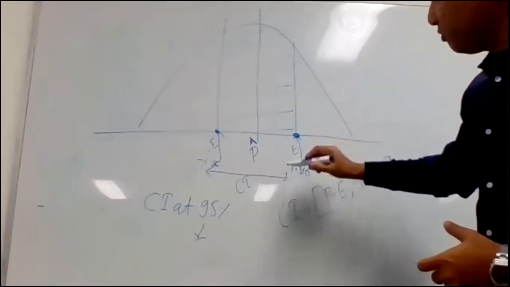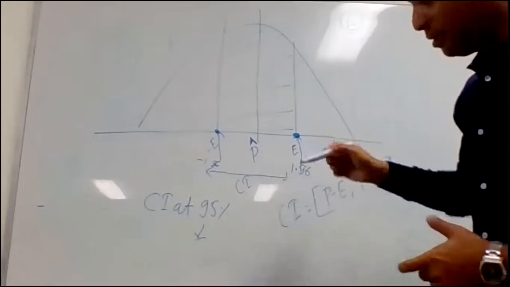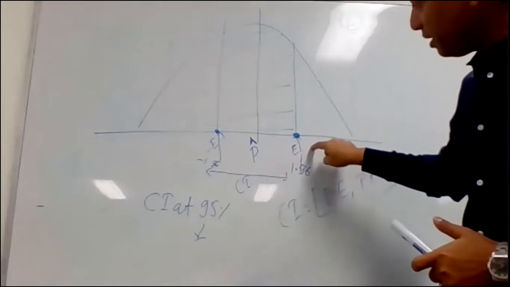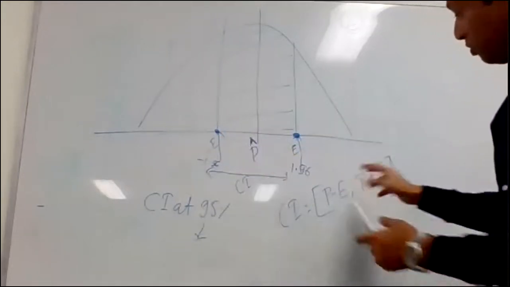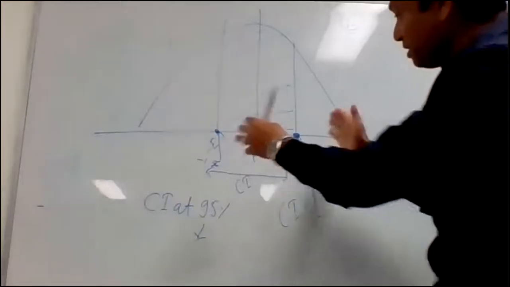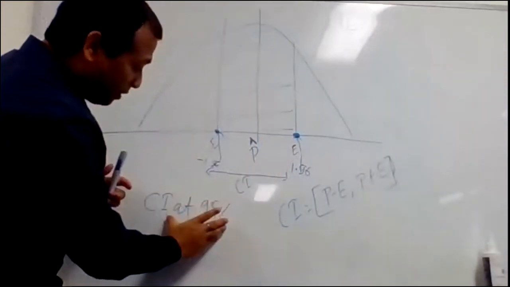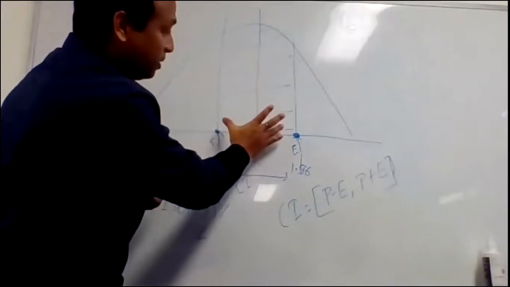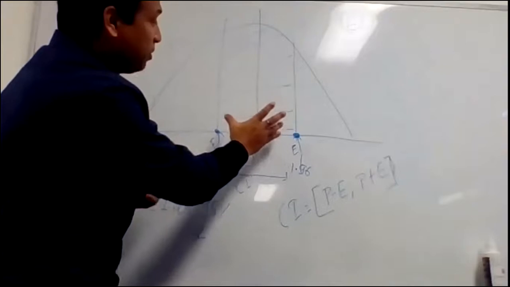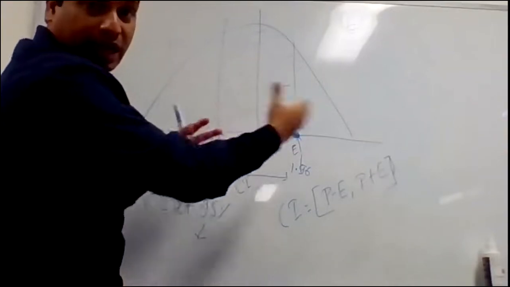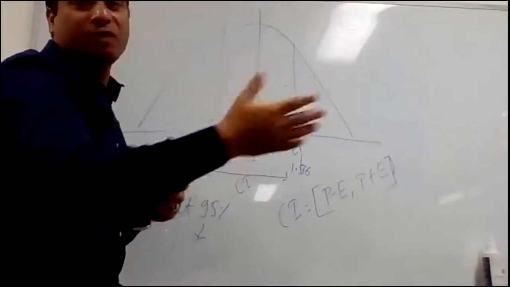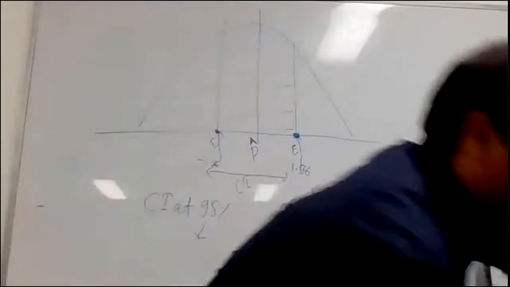E value, that is the margin of error. So you have to apply the formula for the margin of error in order to calculate E. And the moment you calculate E, just P plus E or P minus E will be your confidence interval. In this interval, what you are saying is that with 95% confidence, the estimate of the sample proportion will be as close to the population parameter. That kind of inference we are trying to get. Maybe again with the exercise it will be more clear.